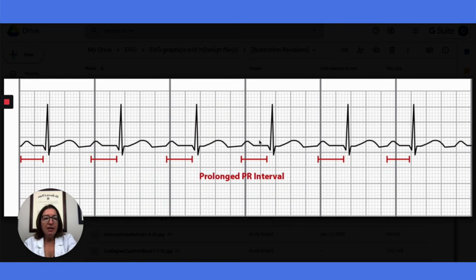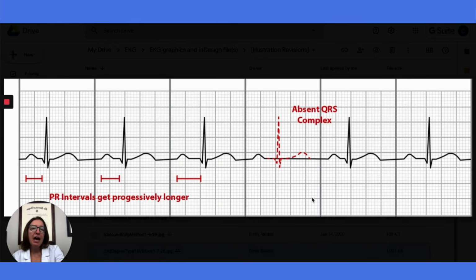The other analogy, which my med-surg professor taught us, and which I will explain to you here and with the other blocks, is that you have a dysfunctional couple that lives together. The woman is the P wave, the guy is the QRS complex, and with a first degree AV block, he comes home late every night. So he always comes home, but he comes home late. And then you'll see how this little analogy plays out as we talk about the other blocks.